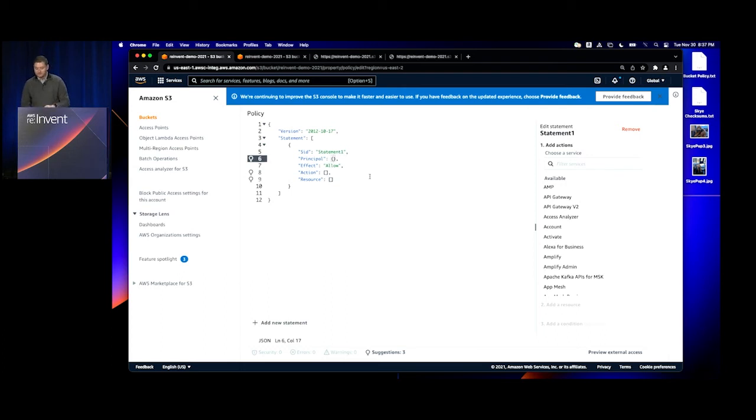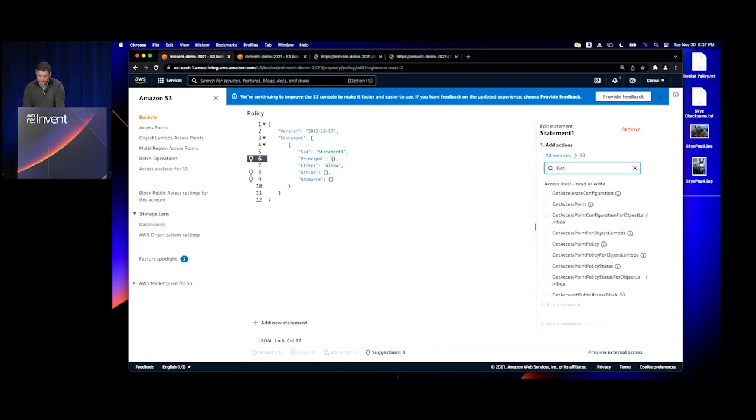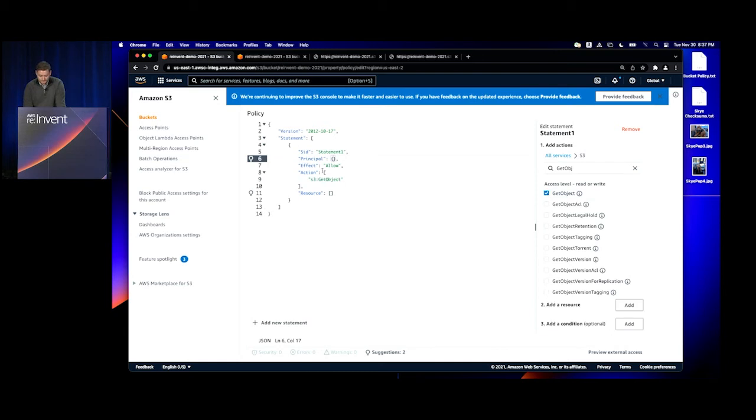I'll also notice that I've got an editor right here on the right, and it's going to guide me through writing a new policy. So I'll enter in my service, and I'll type in the action that I want to give access to, and I want to give access to the get object action. So I'll check that.